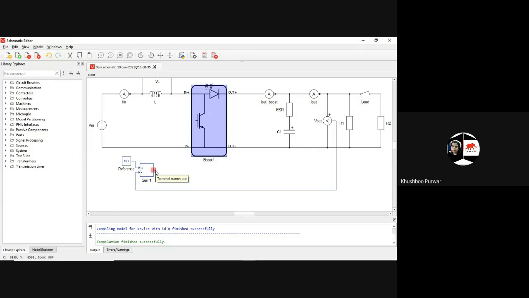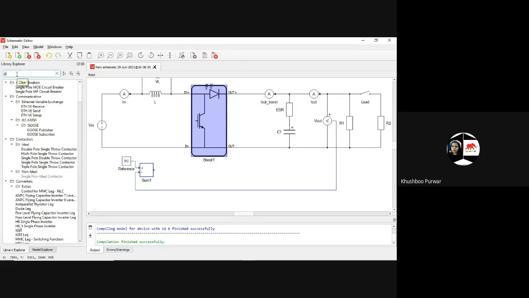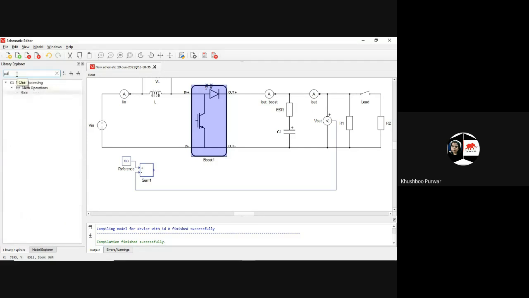Now in order to eliminate this error, we have to design the PI controller, because this PI controller will eliminate the error. So here I am going to design the PI controller, and for designing the PI controller I can use gain.